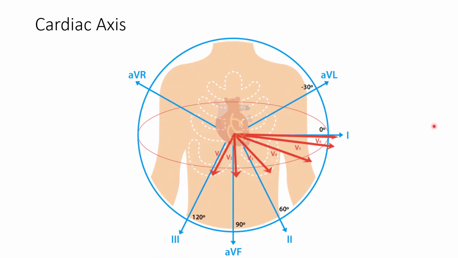Cardiac axis. Basically, analyzing cardiac axis is a fundamental step in ECG interpretation because deviations from the normal range, left axis deviation or right axis deviation, serve as a critical diagnostic marker for underlying heart conditions. So to detect deviation, we need to understand the axis deviation, and for this we need to know the normal cardiac axis